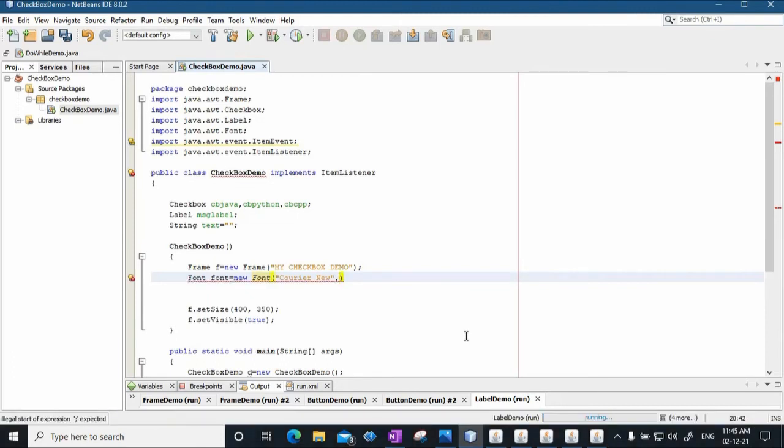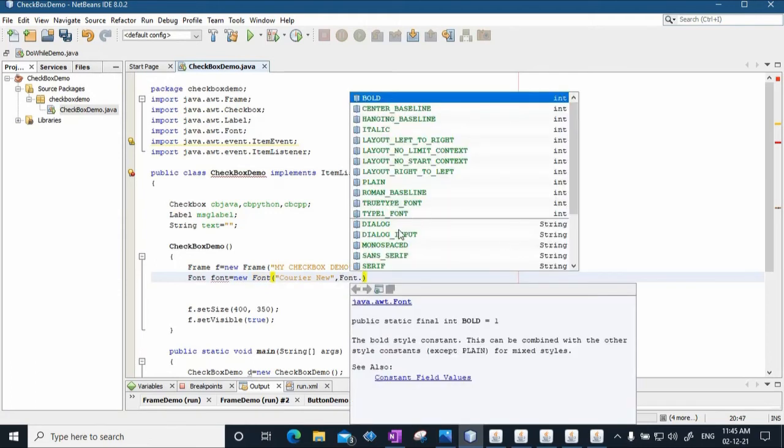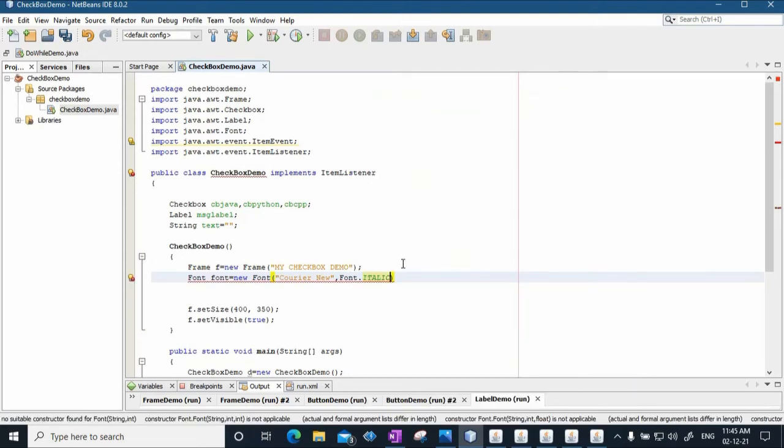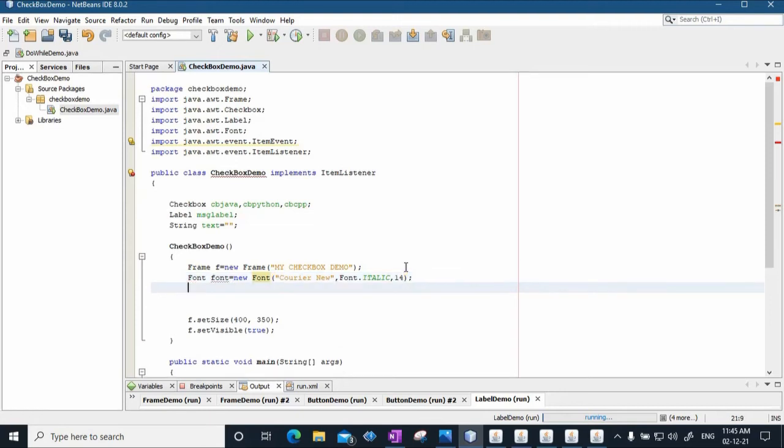Then next is whether the font is bold or italic, that you need to specify. So I say Font dot, and you get so many options. I will just say the font is italic, and then you can specify the size of the font. Let's say the size of the font is 14. So this is how we have created the font.